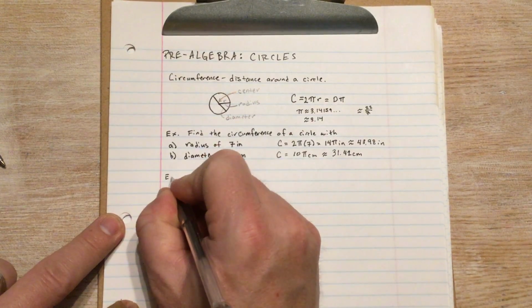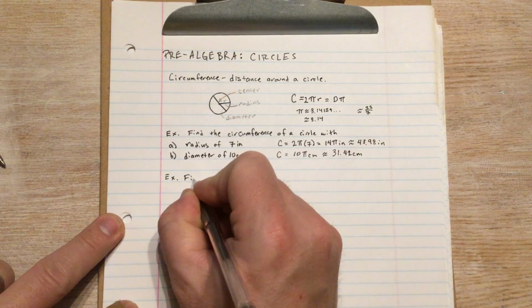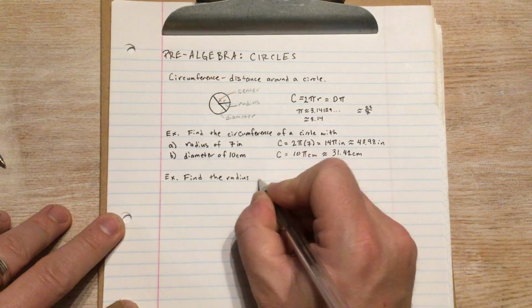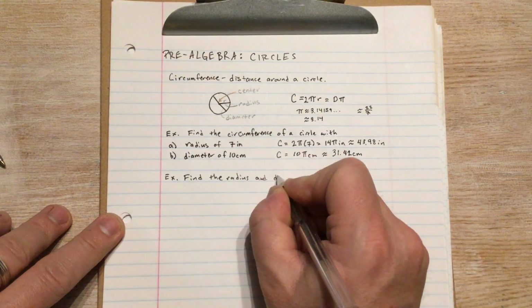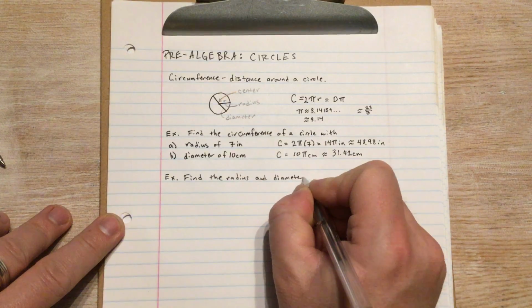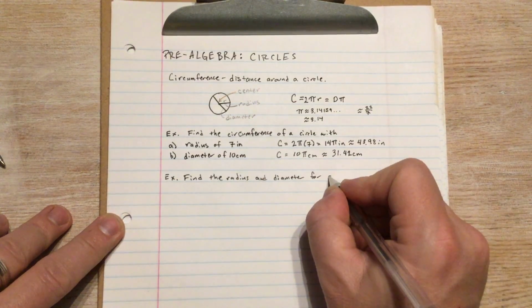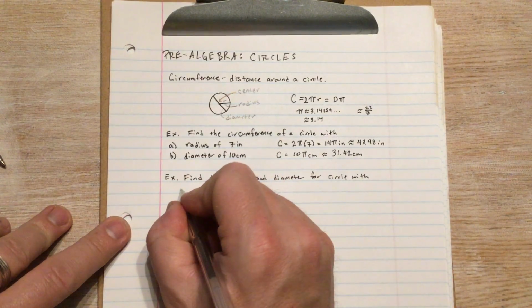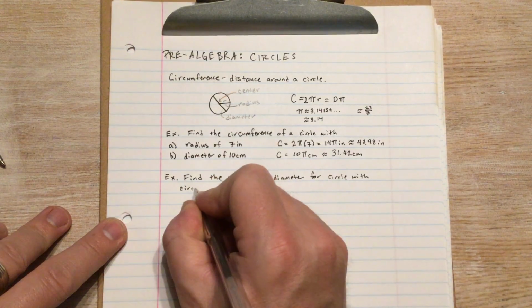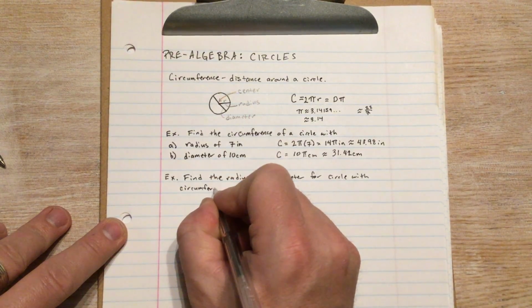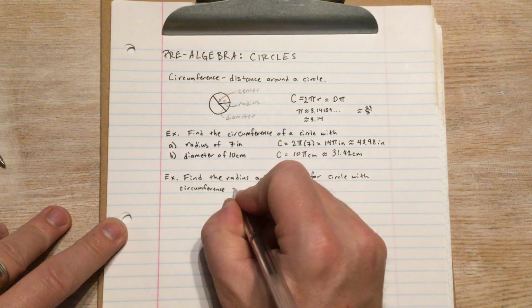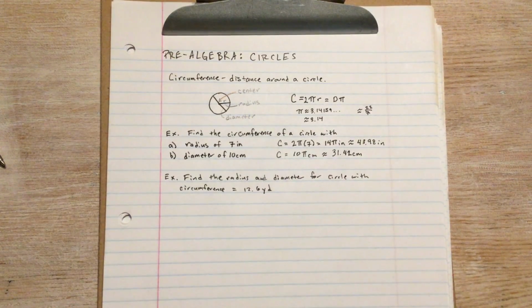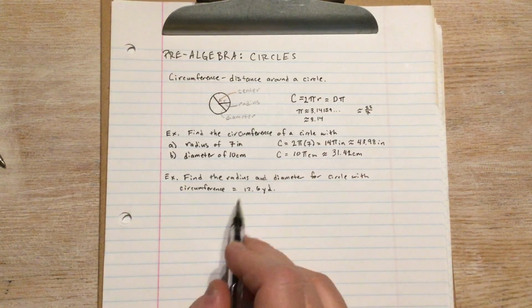So we'll do an example: find the radius and diameter for a circle with circumference equal to 12.6 yards. Okay, so now when you see something like this, we're pretty much going to approximate this,